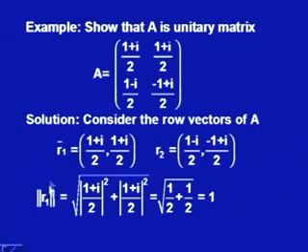We calculate their magnitude. So, the norm of R1 is equal to the square of the first component plus the square of the second component, and the mod of (1+i) squared is equal to real part squared plus imaginary part squared, divided by 2. So, it is (1+1)/2 divided by the square of 2, which is 4. So, this number is equal to 1/2. Similarly, this is also 1/2. So, we have 1. So, the norm of the row vector is 1.